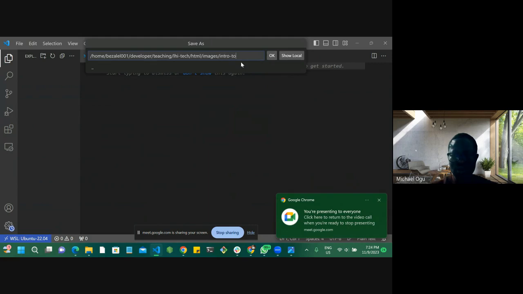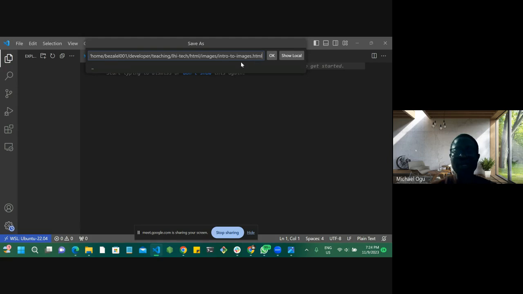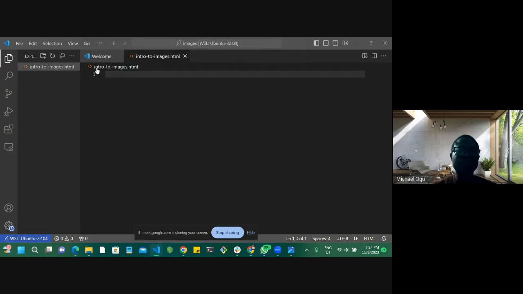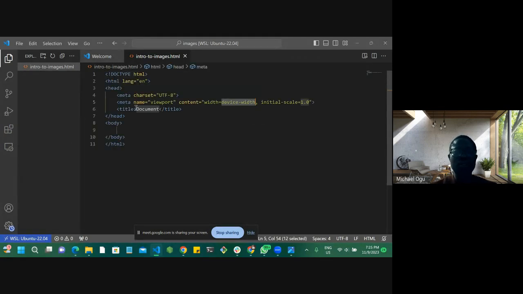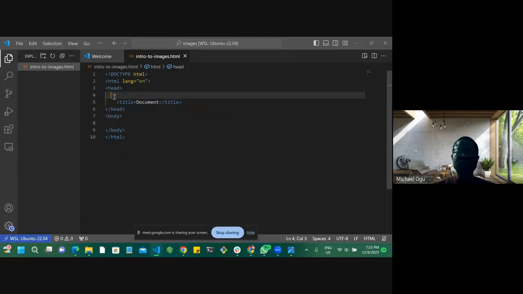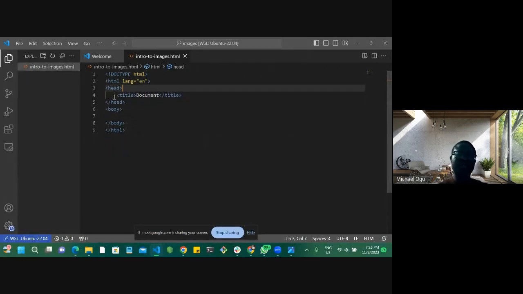Intro to images.html. Remember, when you're creating a file, your file must be an HTML file. Okay, so that's it. Again, this is our usual HTML page, right? Today we're going to be looking at images. I just automatically generated this, but by now you should be used to this, and